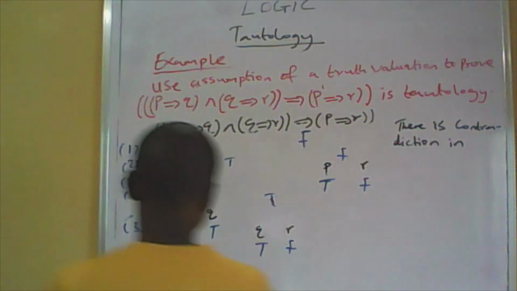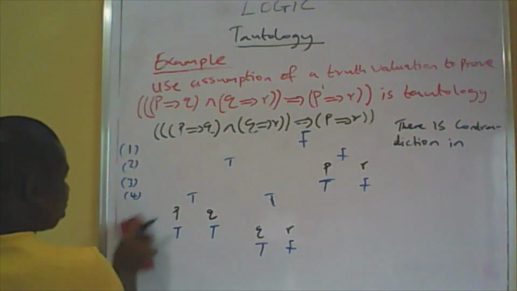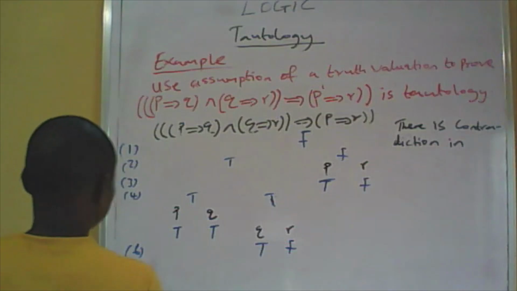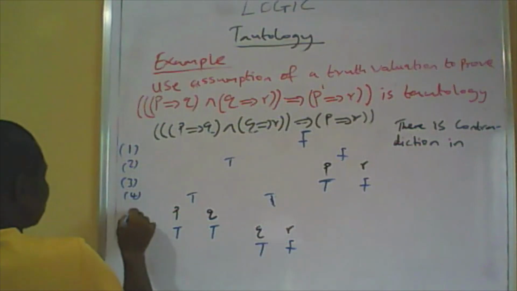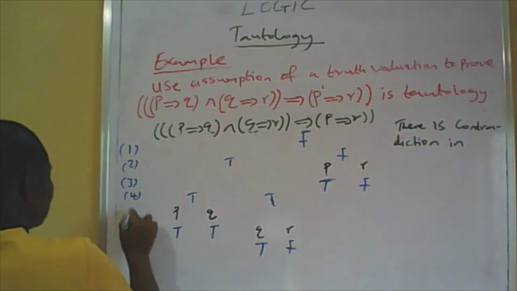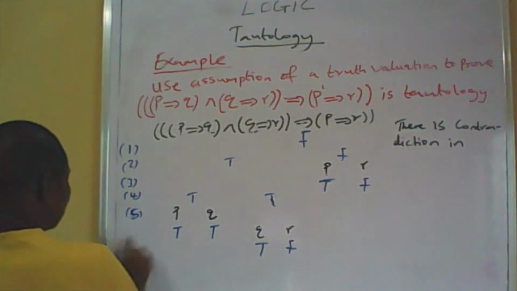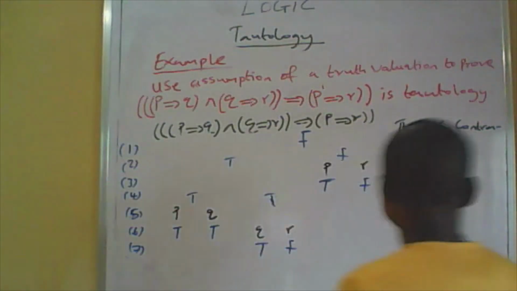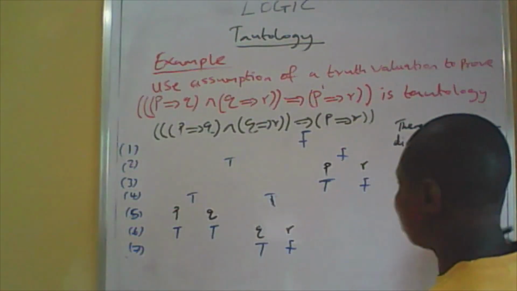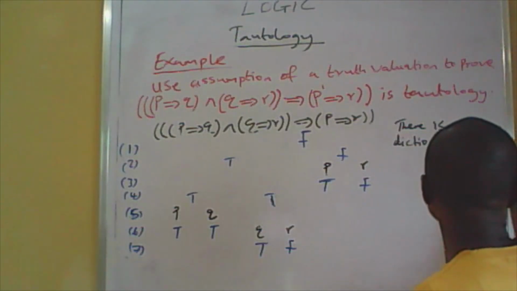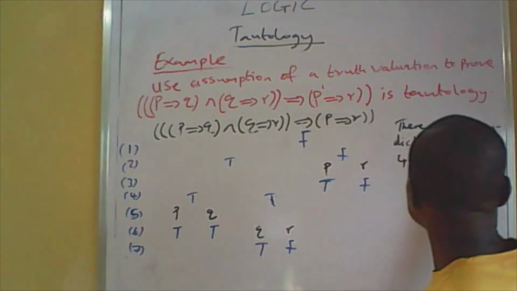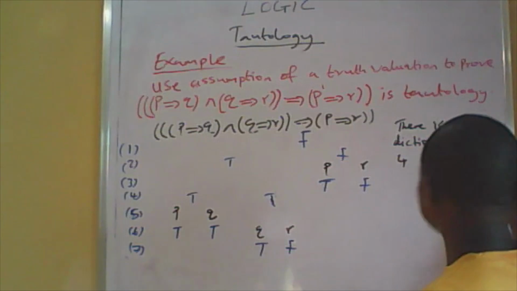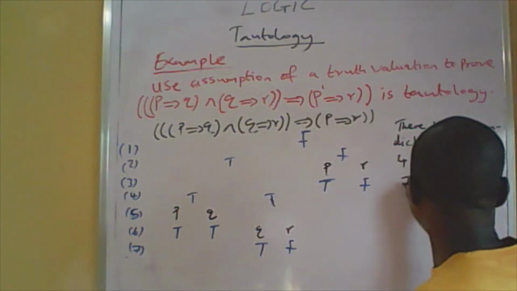So know that this is line 5, line 6, line 7. Very good. So here you say there is a contradiction in line 4 and line 7,